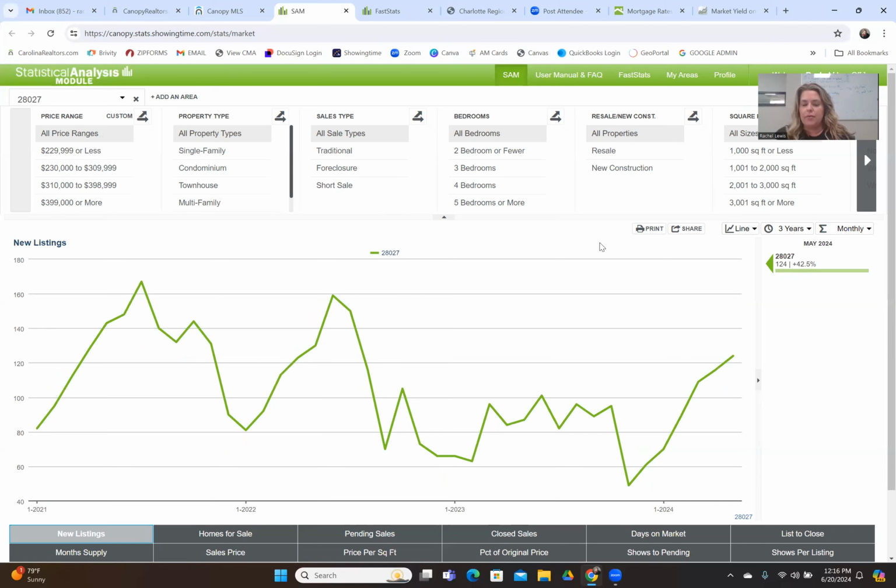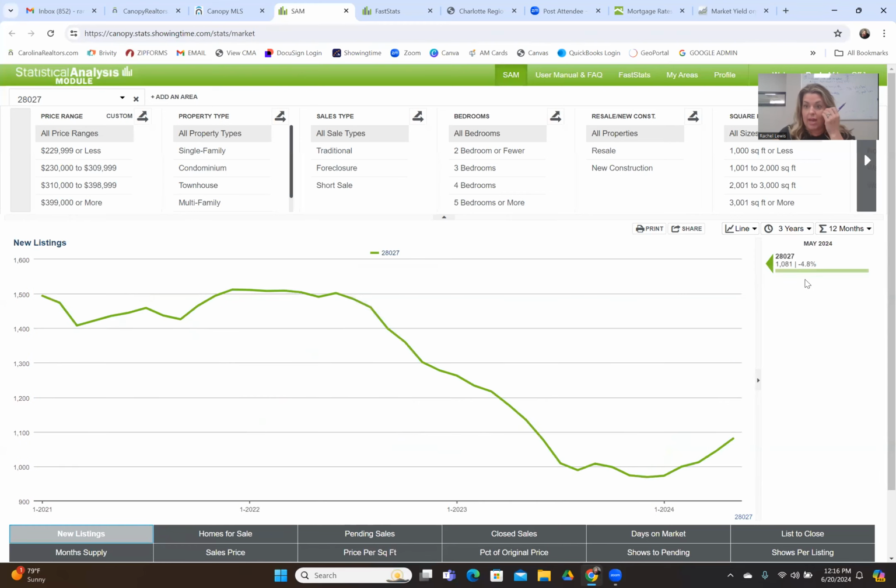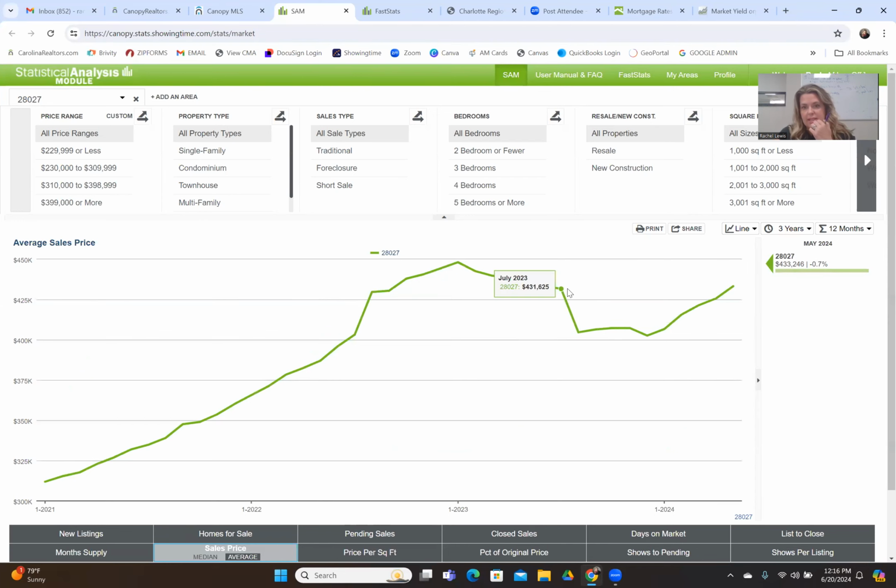And they, this was one of the zip codes that had gone backwards with price. Yeah, see, they took a pretty big drop last year. And so I was watching it really closely month over month for any of y'all that have been here with me for a little bit. But as you can see, we are trending back up and we are almost back to that all-time high in